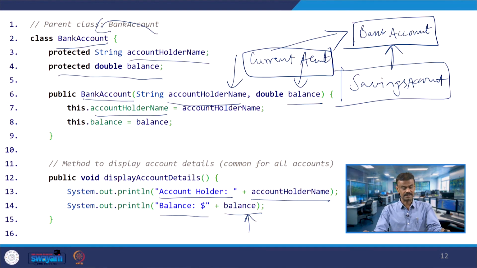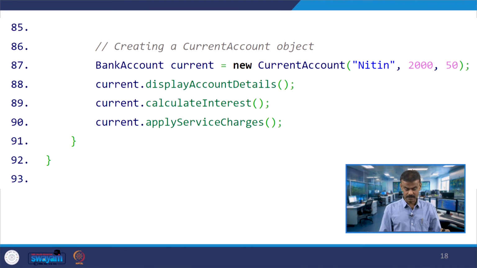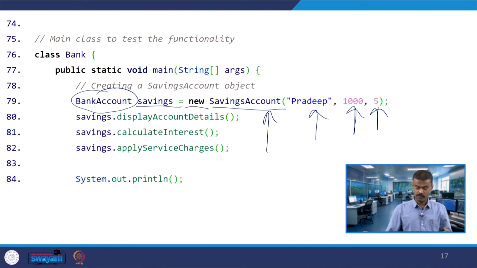Whatever you have passed, account holder name and balance, that means this dot account holder name will be equal to account holder name, so it is properly assigned, otherwise the garbage value we printed. This dot balance is equal to balance. I am passing the information Pradeep 1005.